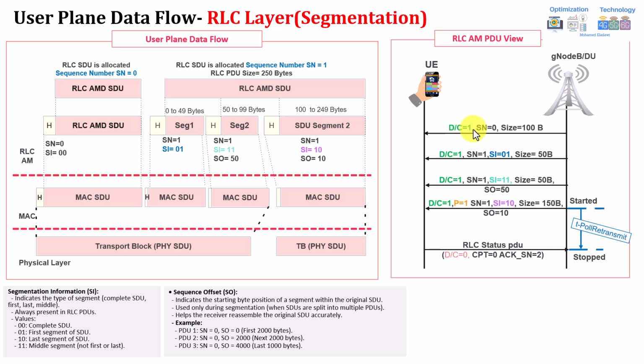DCI, this means data 1, sequence 0, which is the non-segmented, with size 100. Then the second one coming here with 3 segments, as you can see, sequence number 1, 0, 1, 50 bytes, and so on. Then at the last one, which is the last segment here, there is a poll bit equal 1 being added, and the T-poll retransmit starts whenever the poll bit is set. Then here there was no problem, so directly the UE, or the receiver side, acknowledges that sequence number 2 is awaited. So now he receives sequence 0 and 1 acknowledgement, and he's waiting now for the next one, which is sequence number 2.